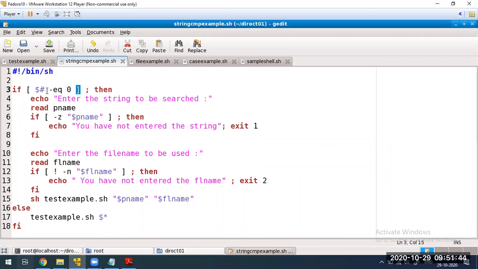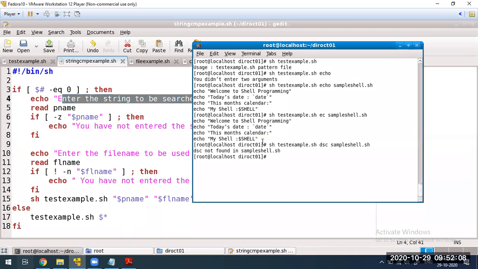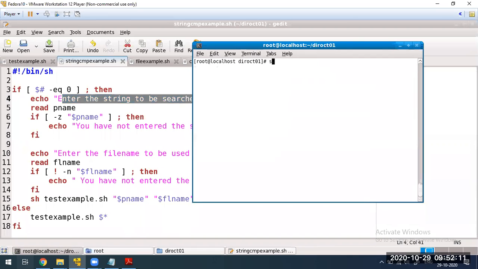$# includes the number of command line arguments. How many did I pass? 5, 6, 2, 3, that number. If that is equal to 0, then the logic is, I'll enter the string to be searched. If I don't give any argument, I am making the program interactive, that's all. We'll see here itself. SH, what is the file name? String